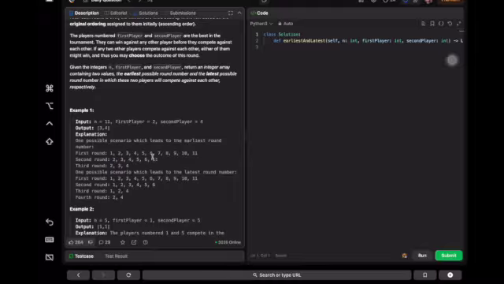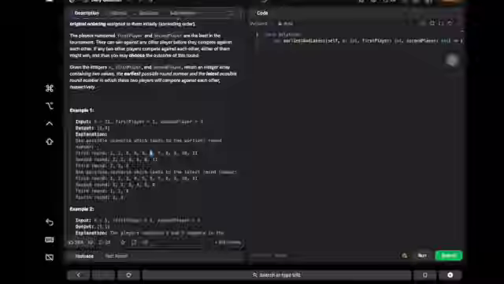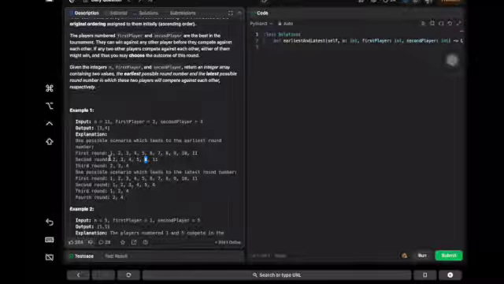So here they have assumed player 11 lost, so player 1 won, then 2, obviously 2 should win as per the condition they have given. The first player competes with any other player except the second player, and the first player will win, right? Next, 3 competes with 9. Here they have taken the scenario where 3 wins, 4 wins, 5 wins, 6 wins. Obviously 4 will win. 6 is the middle. So obviously if someone is in the middle, they qualify for the second round, right? So like this they have taken.